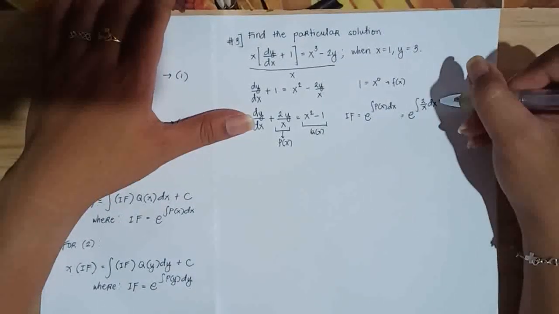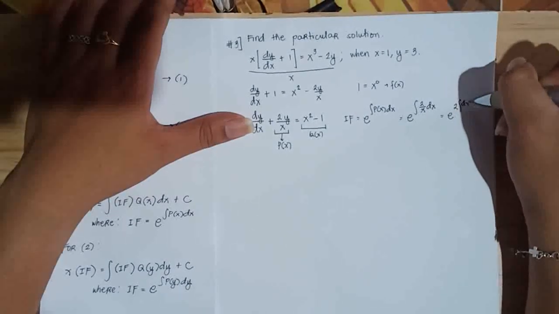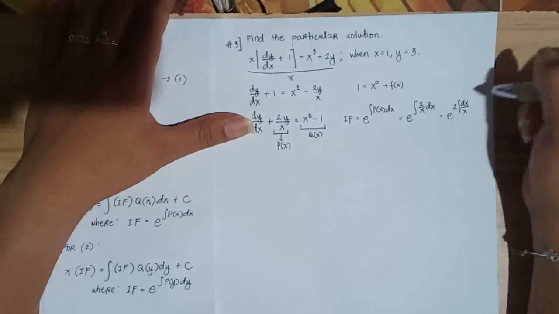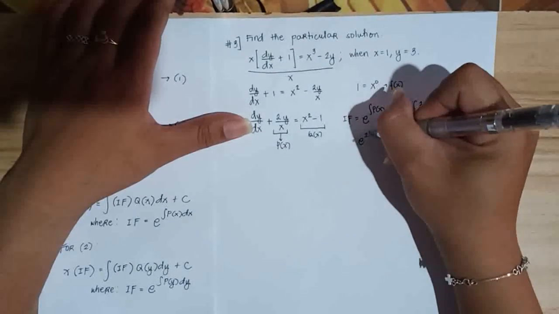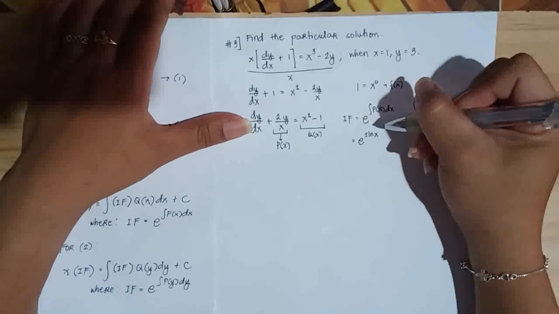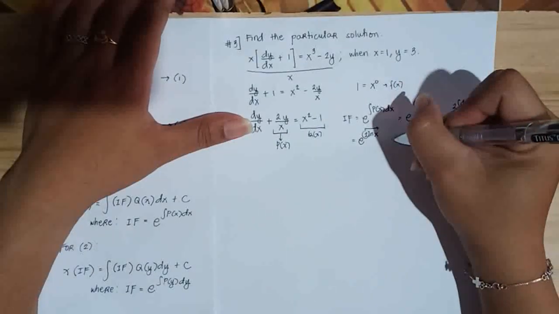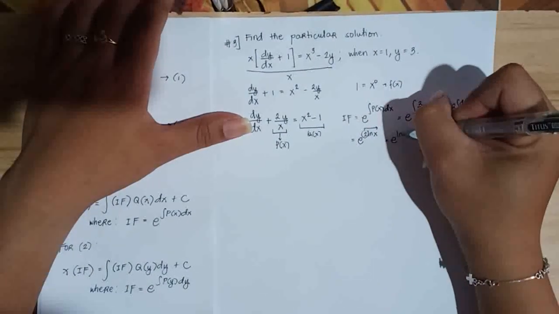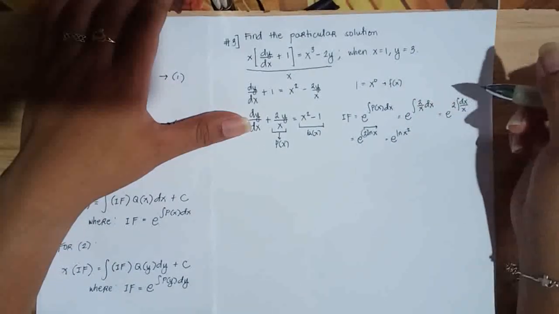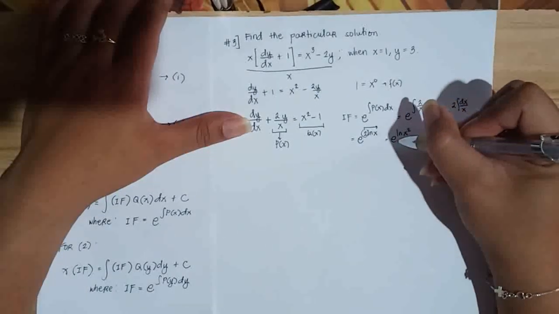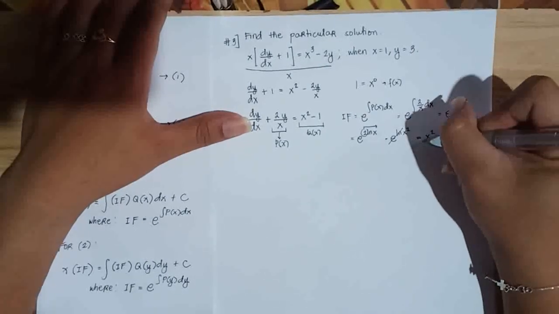You will now have e raised to 2 integral of dx over x, wherein dx over x is equivalent to ln of x. So ang mangyayari, you will now have e raised to 2 ln of x. In that case, through the property of ln, si 2, pwede natin gawing exponent ni x. So it will be e raised to ln of x squared. Tapos, through the property of exponential and natural logarithm, e raised to ln can be cancelled. Therefore, ang magiging sagot mo na lang is x squared. So this is now your